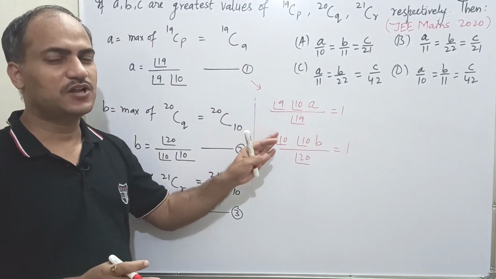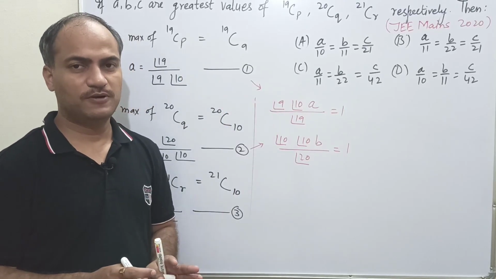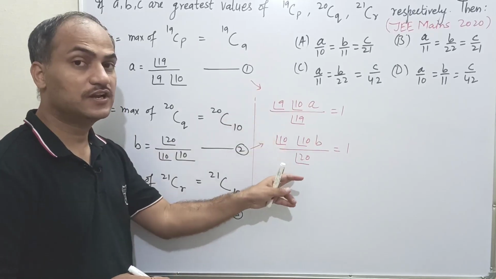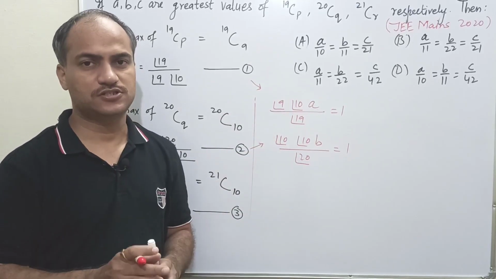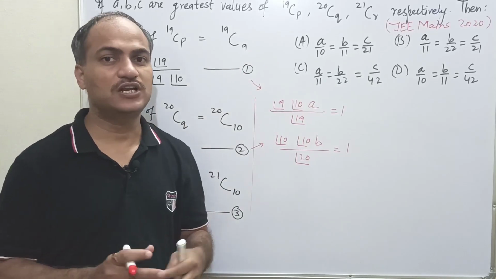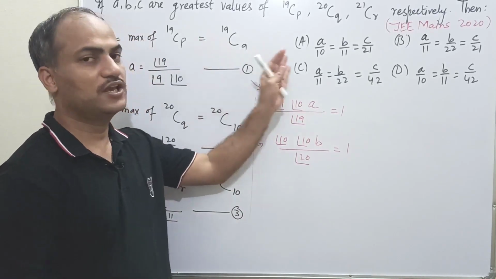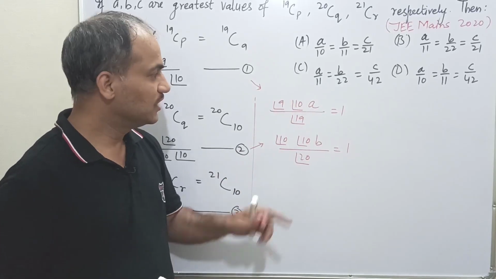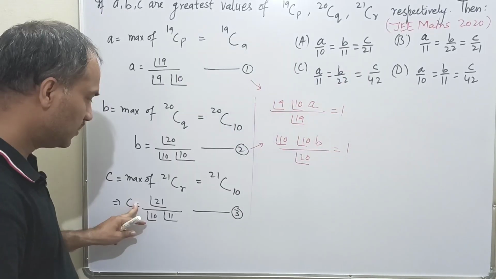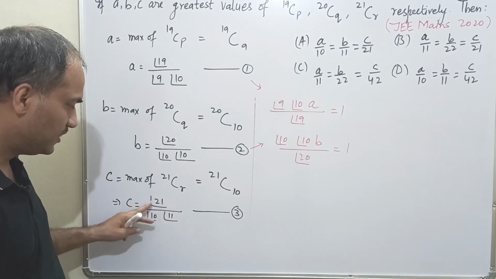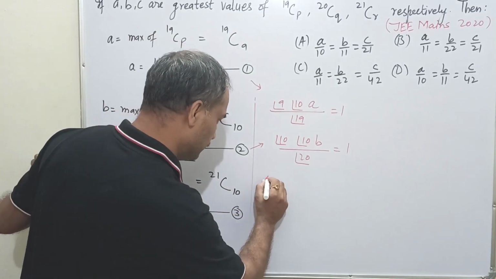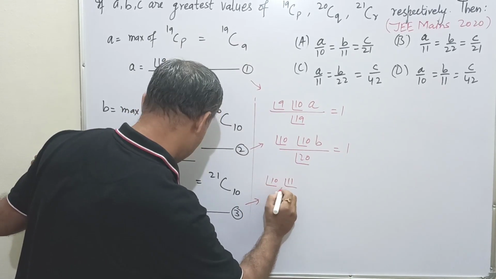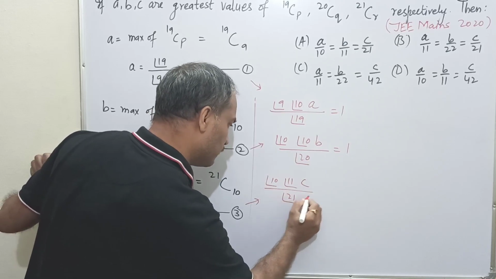So remember guys, I'm telling you, this is one of the most important formulas which very rare people know. This will help you a lot in most of your questions. It will simplify the difficulty level of your questions. Whenever you want to take ratios of 3 or more quantities, you can easily take them within a fraction of seconds. Similarly, from the third, when we take this term towards the left, we get factorial 10 factorial 11 C upon factorial 21. This value is 1.